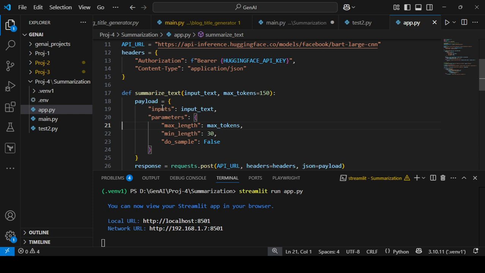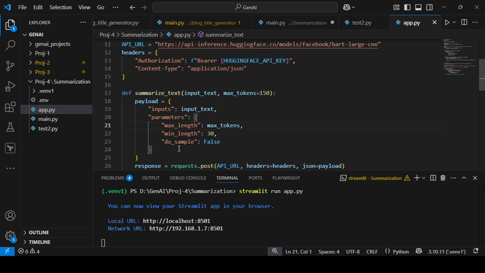Then payload is the input which we are giving. Input is input text, parameters, max length is the maximum number of tokens, maximum number of words which we want as a summarized output, only 150 words, and minimum length will be 30. So from 30 to 150 words we will get the summarized text.